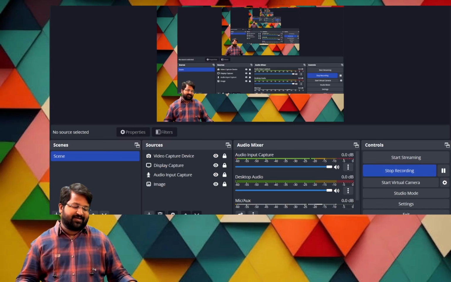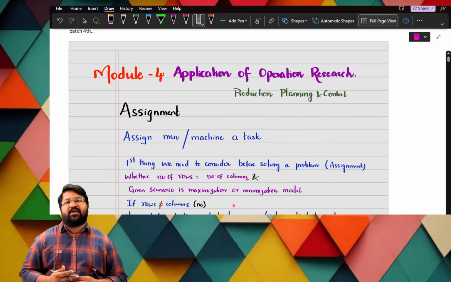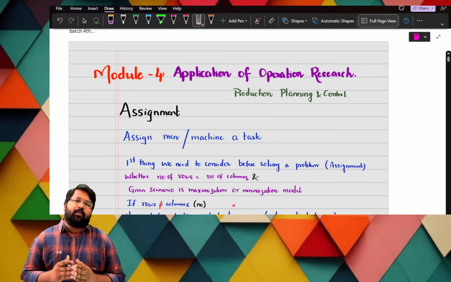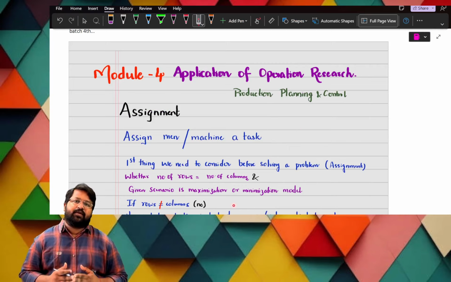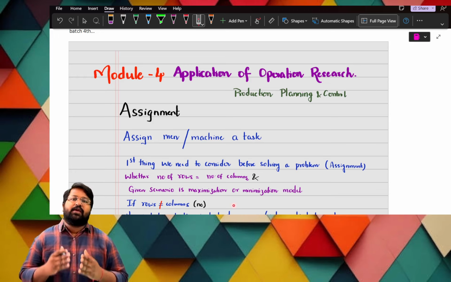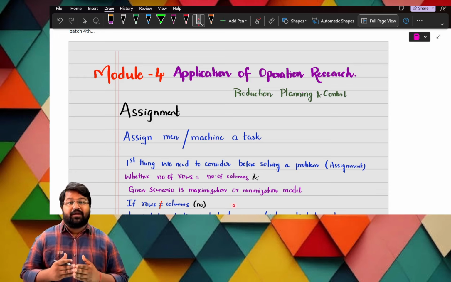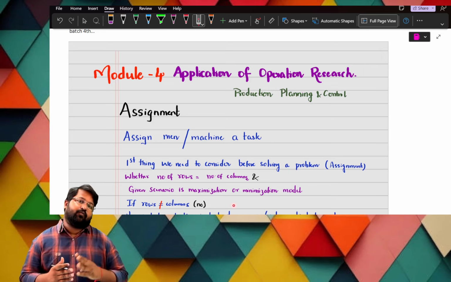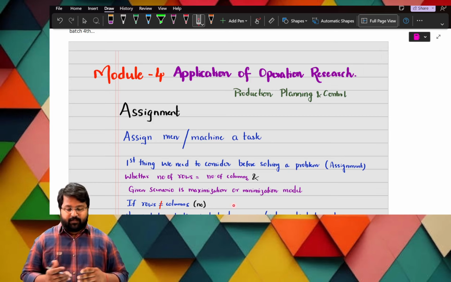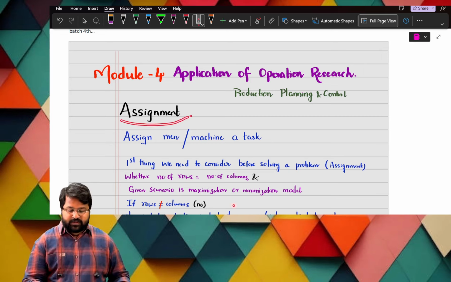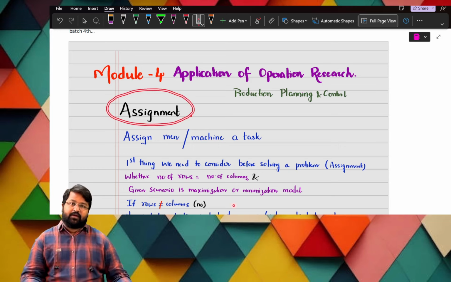Hi, Ma. Good morning. In this session, we are dealing with our most important topic of operations management. In paper 9, we have two parts, OM and SM. Now I am dealing with operations management. In OM, I am dealing with the practical portion of module number 4, that is assignment. It is visible to you. I am dealing with assignment.